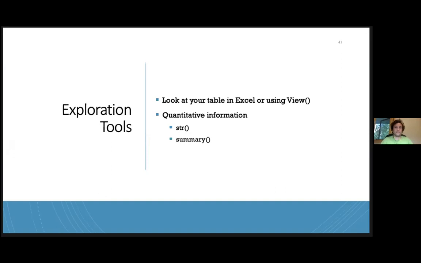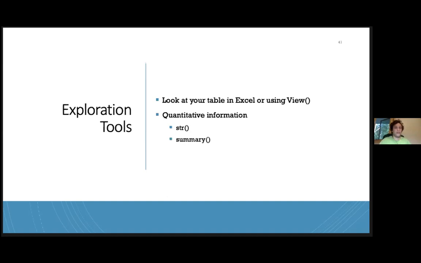The equivalent way to do that in R is to use the View function, and it will pop up your data frame or your data table, whatever you want to refer to it as, directly within R. It is a little bit slow sometimes if you're working with a really big data set, but